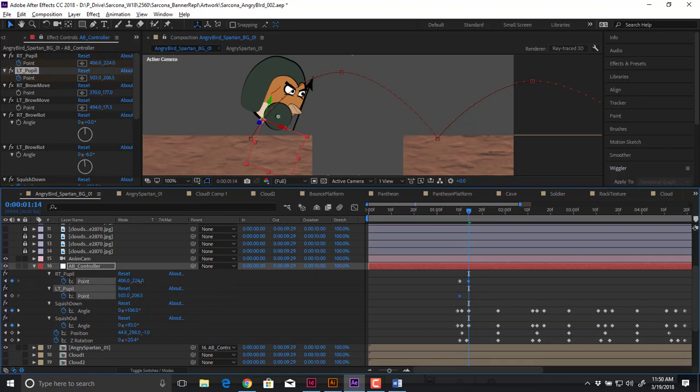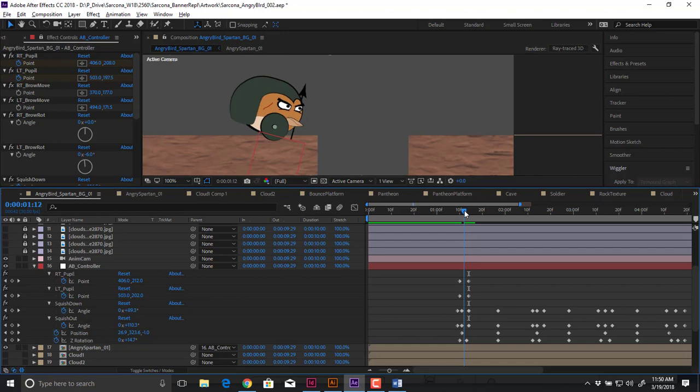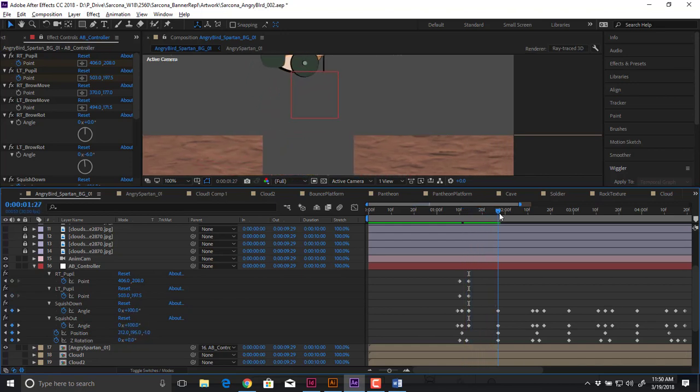Oops, that's not the right one. Now you can see that they're pretty subtle as to how far they're moving, so you don't want to go too crazy with this. Okay, so like that. So that's definitely a better eye position than it was when he was looking straight ahead. Okay, now when he gets here at the top,